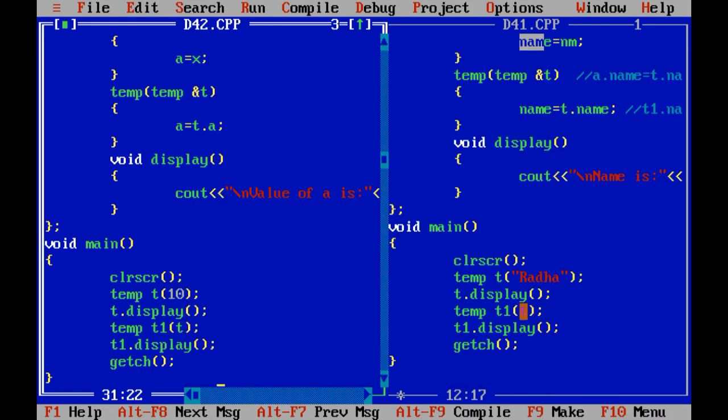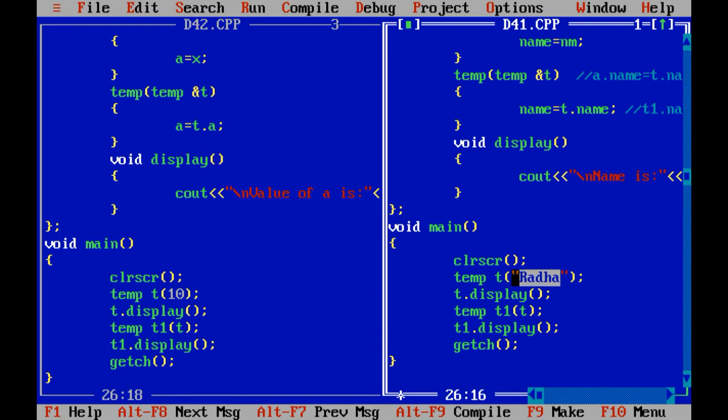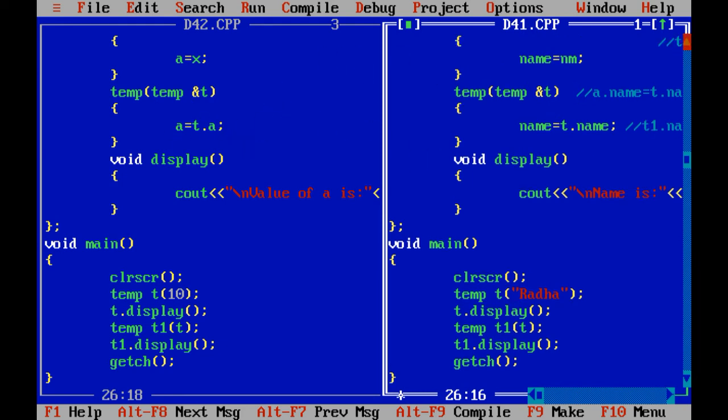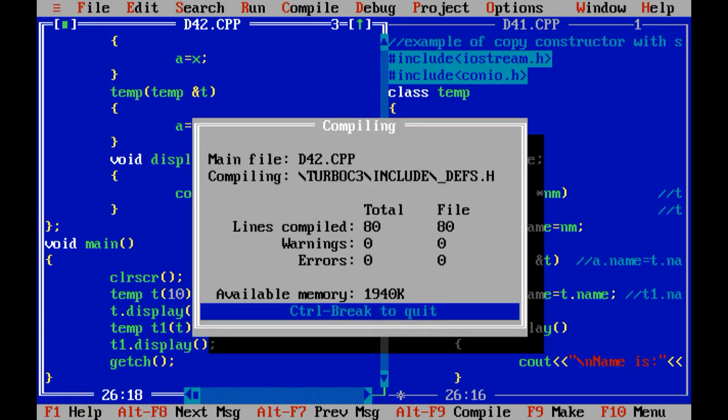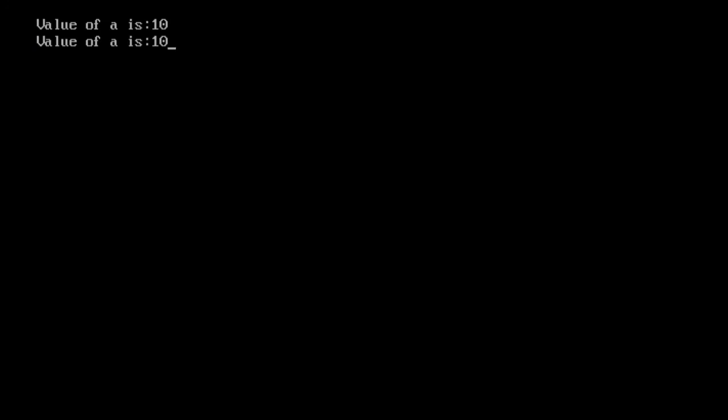Right? You can see, let me repeat once again, both the programs are same. Over here I have passed 10 as an integer data. I have passed Radha in this case because we have used the string data type, right? And code would be same in both the cases, right? So let us execute the program. It will print 10 in both cases.